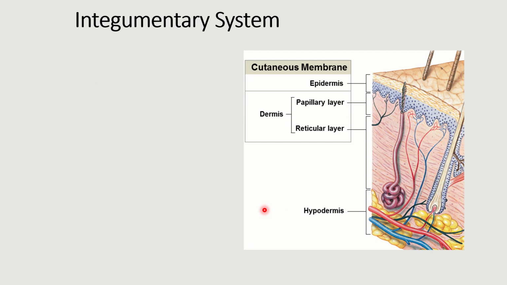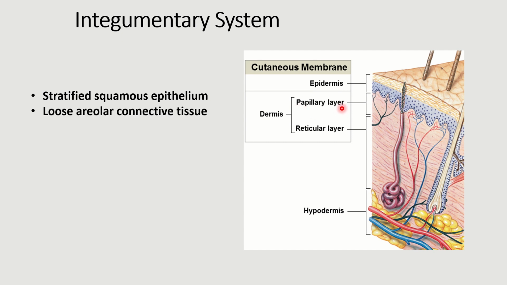For the skin, you have to know the layers of the skin. So the most superficial layer is the epidermis, and epidermis is made of stratified squamous epithelium. Epidermis again is made of 4 or 5 layers. Then is dermis, which is the thick layer, and that is made of the papillary layer, which is superficial, and that is made of loose areolar connective tissue. And the deeper layer is called the reticular layer, and that's about 80%, and that is made of dense irregular connective